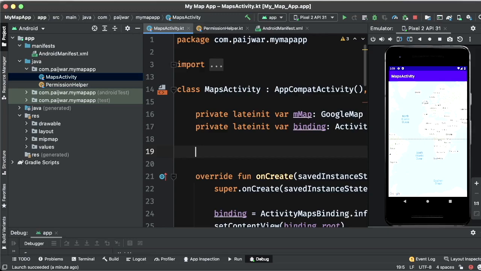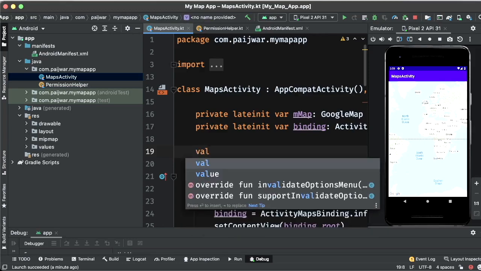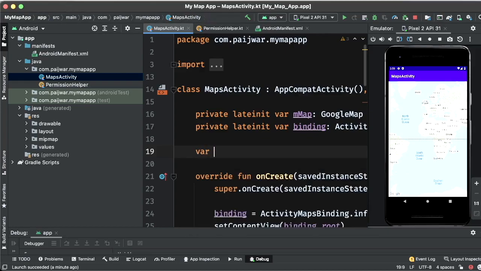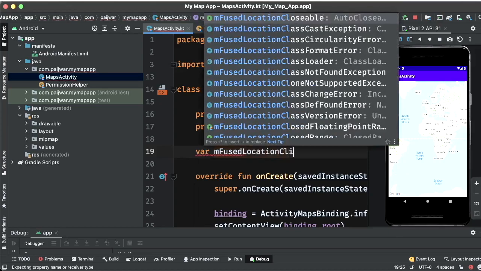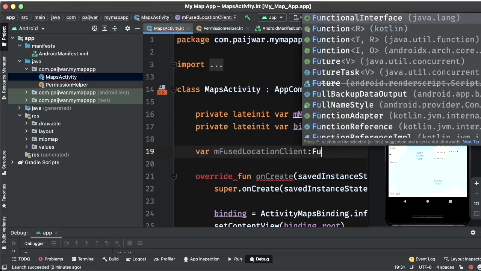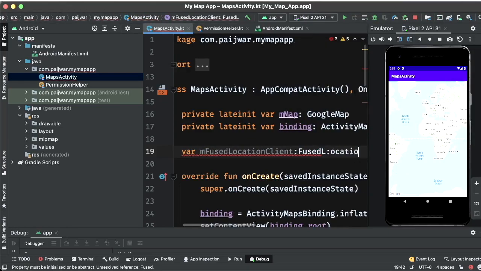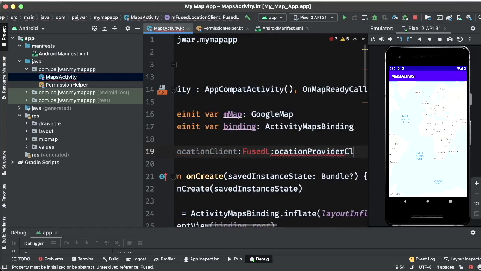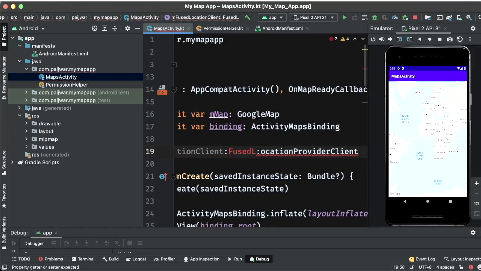There was the location manager that we used to have for getting the location, but now what we use is fused location. So I will say mFusedLocationClient, and this will require a fused location provider client.